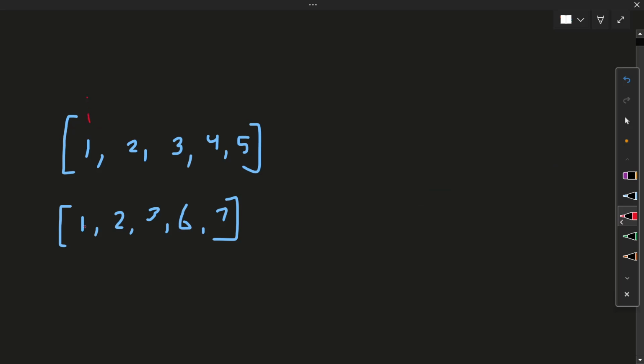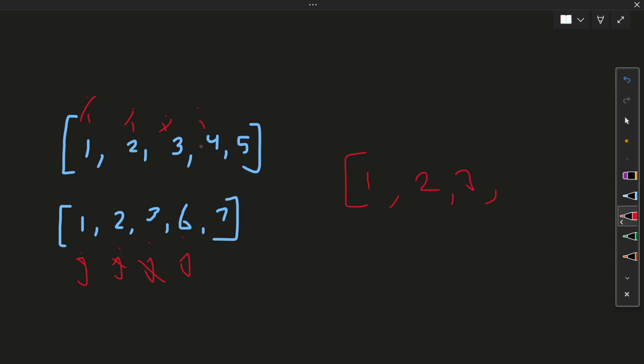So we have i and j pointing to the 0th index of array 1 and the 0th index of array 2. Then if the element is common, we need to consider it just one time. So I will add either this value or this value because this value is the same. Then we need to increment i and j. This value is also the same, so just increment i and just increment j. This value is also the same, so we need to add 3.